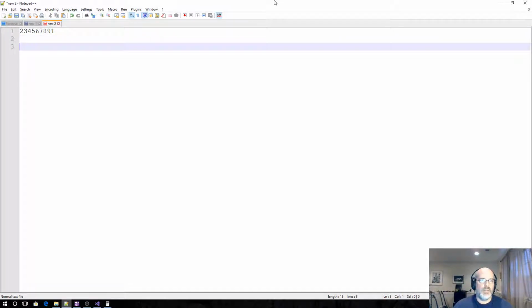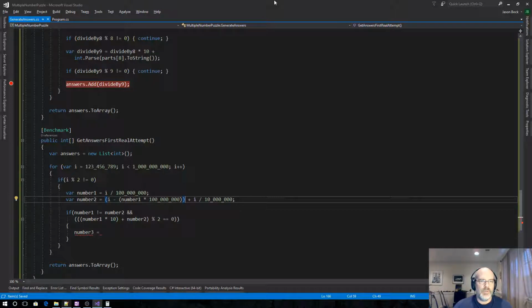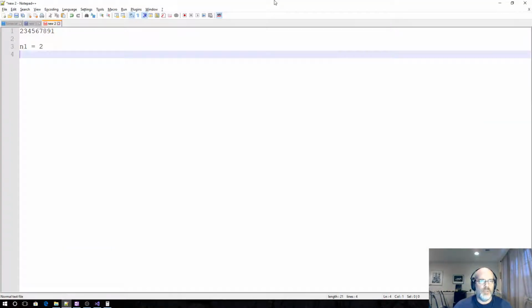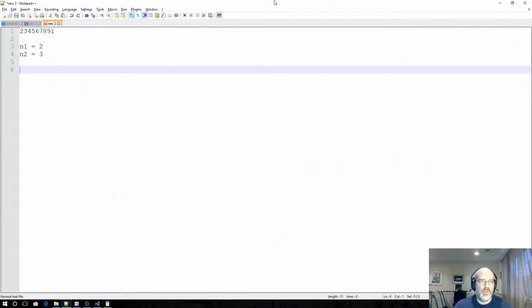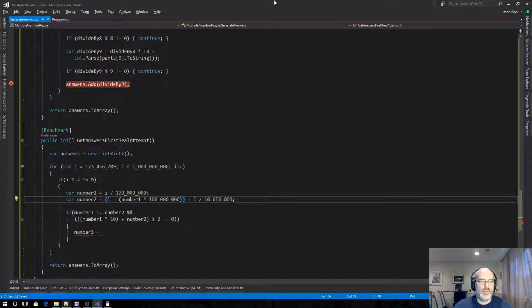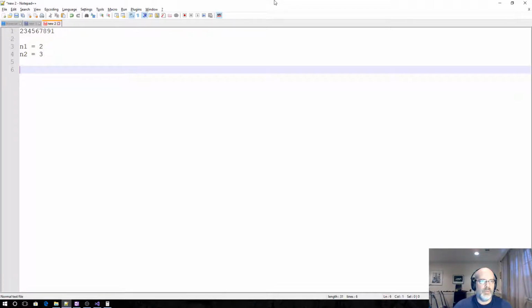That would make num 1 equal to 2. This should find that num 2 is equal to 3. Okay, so you see those are different. Multiply the 20 and add 3 to it. Does it divide by 2? No. So you need to move on. Now I need to get the fourth number. I'm sorry, number 4. So when 3 is